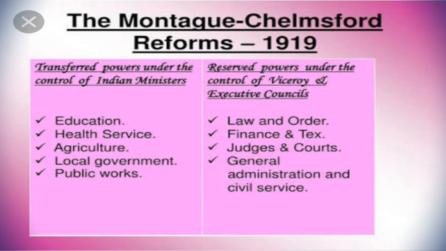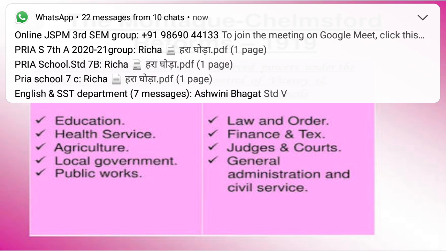Next one, the Montagu-Chelmsford Reform Act. In 1919, the British Parliament passed another act to bring constitutional reforms in India. This act is known as the Montagu-Chelmsford Reform Act. According to this act, less important departments were transferred to the Indian ministers, whereas important departments like finance, home affairs and revenue were under the control of the